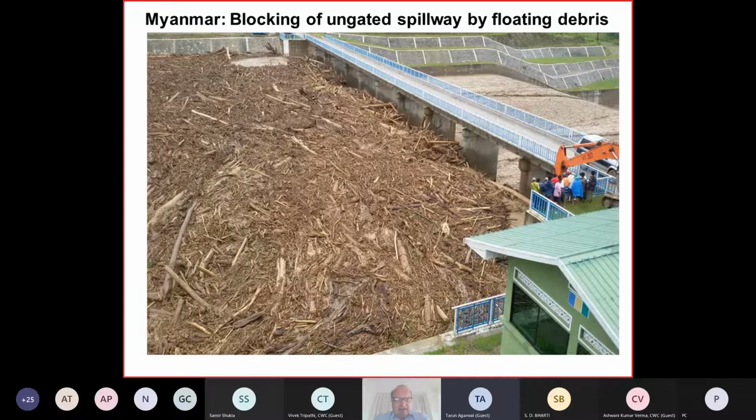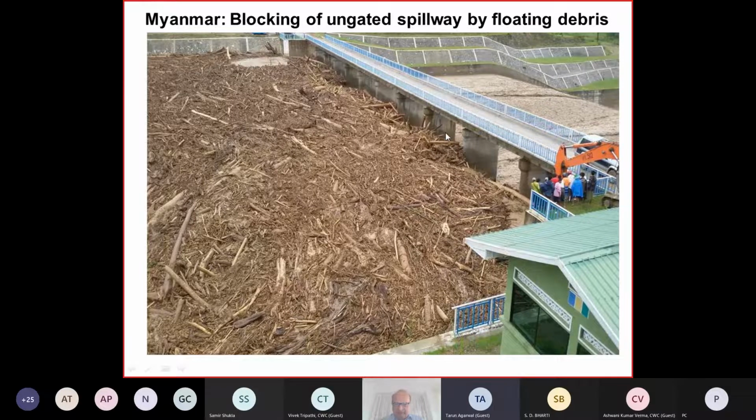So during an extreme rainfall, a lot of debris was washed into the reservoir, and you can see here it is also a free flow spillway, which would be absolutely safe if the water would be clean. But as you can see here, the debris piled up quite a bit, and not much water here is being released. Basically, this floating debris